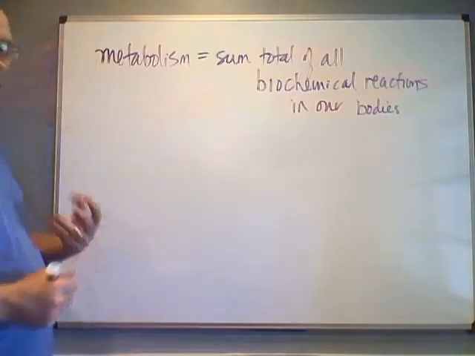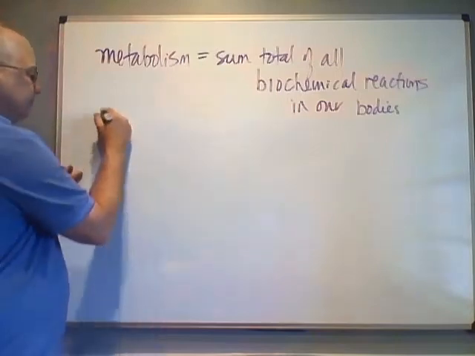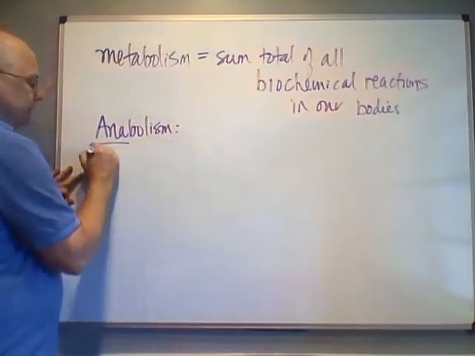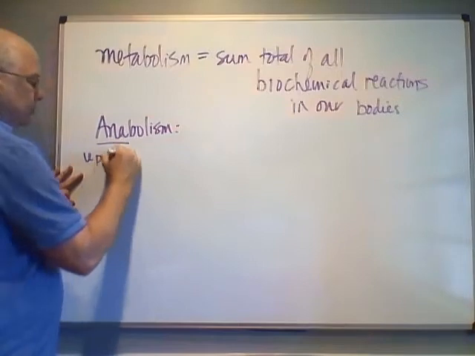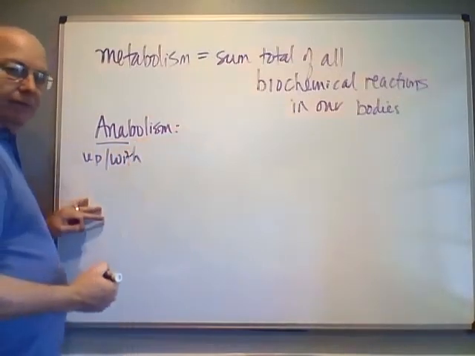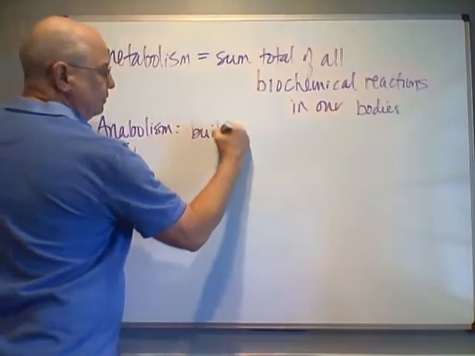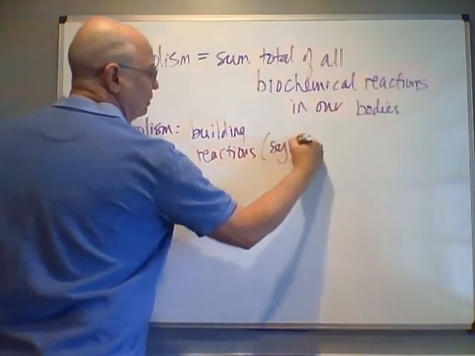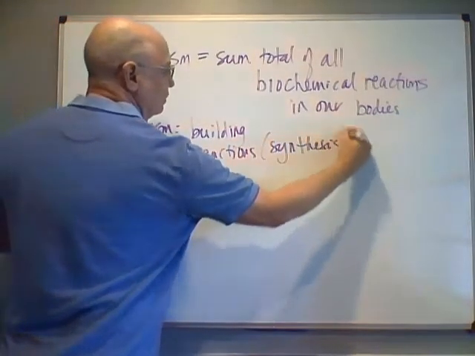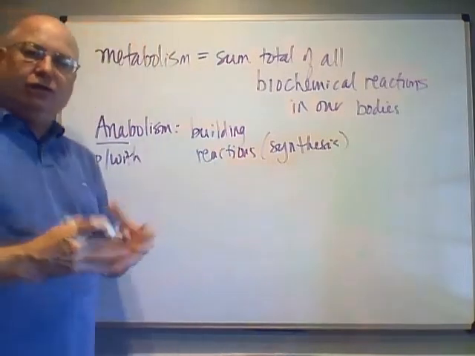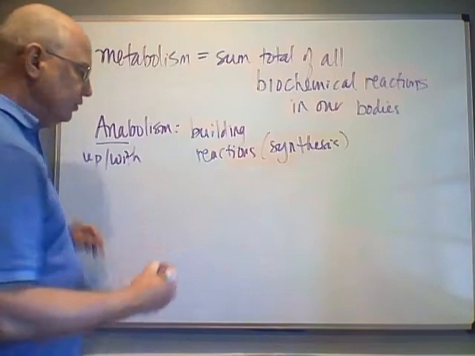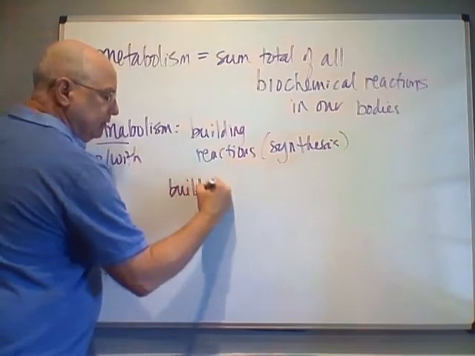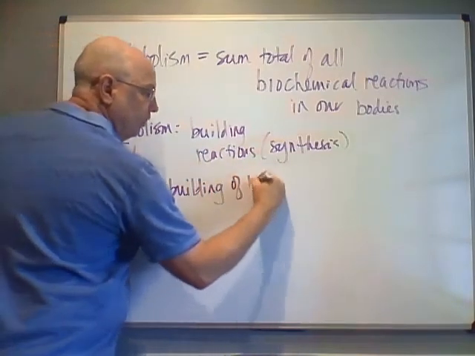Now, metabolism involves 2 different types of basic chemical reactions. Some of them are called anabolism. So ana means up, or it can mean with, like putting things together. So I like to define these as what we call build-up reactions or building reactions. Now, in chemistry, you would call these synthesis reactions. And in a synthesis reaction, you're synthesizing larger molecules from smaller ones. So in an anabolic reaction, in anabolism, this is the building or synthesis of large molecules